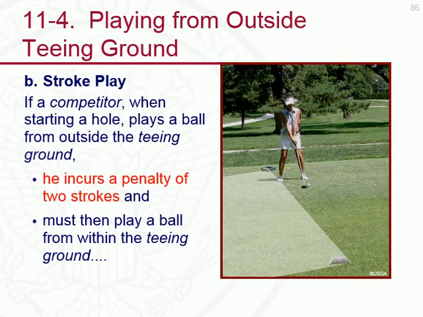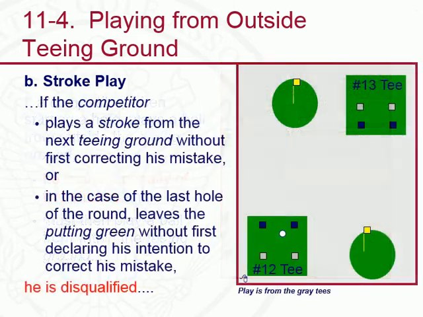Now in stroke play, if a competitor when starting play of the hole plays a ball from outside the teeing ground, the player is going to incur a penalty of 2 strokes. Also, the player is required to play a ball from within the teeing ground. So in this case, the player must correct his mistake. If the competitor plays a stroke from the next teeing ground without first correcting the mistake, or in the case of the last hole of the round, leaves the putting green without first declaring his intention to correct his mistake,